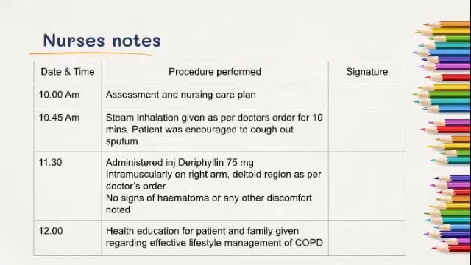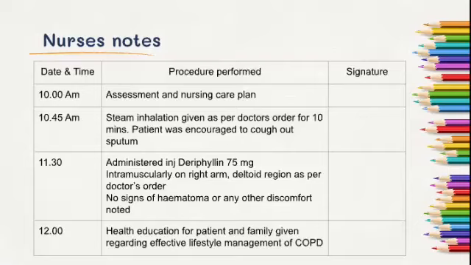So at the end of the care plan, if you get time, you can make a column and keep it ready, like nurse's notes. Okay, so documentation is very, very important. After every station, whenever you do the procedure, you will be charting it in your nurse's notes. So you have to write or document the procedure, what you have done. So you can write the columns like this: date and time, procedure performed, and your signature column. So like you can mention like assessment and nursing care plan done.